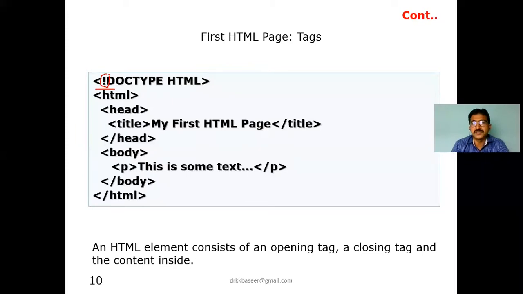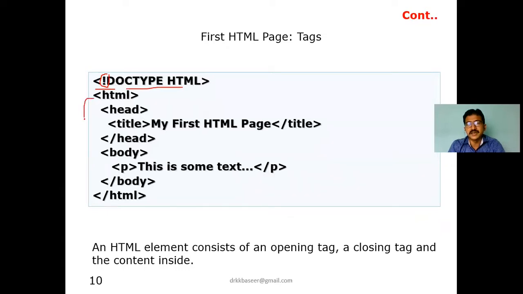Comments can be represented as single or multiple line comments. Like in other programming languages, two slashes make a single line comment, and slash star ending with star slash is a multiple line comment. Here we start with the exclamation mark. We have a separate topic where we can discuss comments more. Now the document type is HTML.